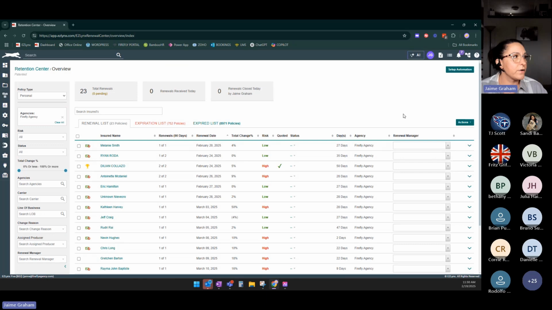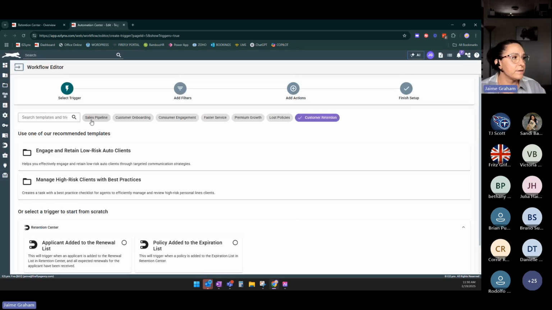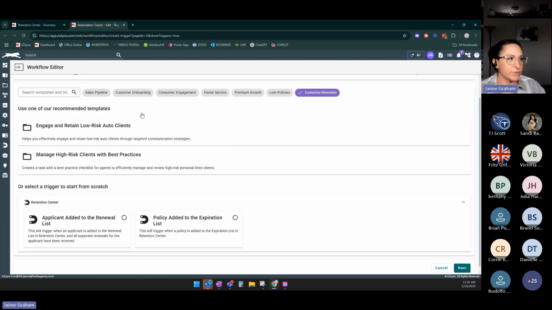She'll show you how. What I wanted to show you guys today with Retention Center is there are a couple automations that I highly recommend that you set up to help you out with this renewal workflow in Retention Center. So if you see up here in the top right-hand corner of your retention overview screen, there's a button that says Set Up Automation. If you want to click that for me, it's going to bring up a new tab with Automation Center, and it's going to take you directly into the Retention Center related automation options that you